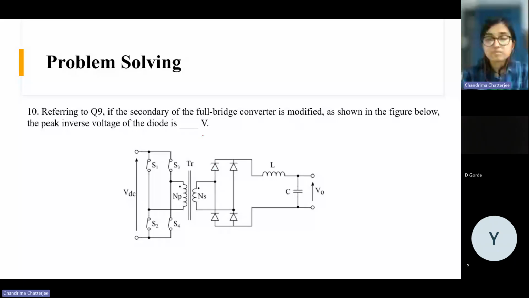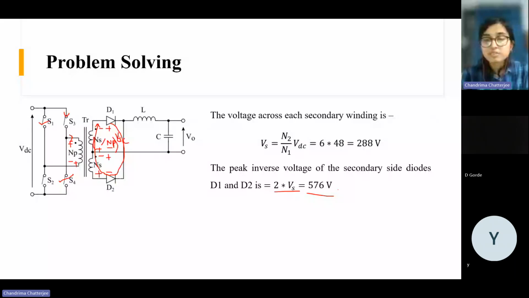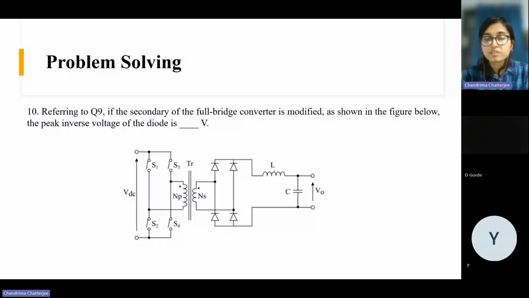So earlier we had a center tap configuration like this, but now we have a diode bridge. And here we have one single winding instead of two windings. So now what will be the peak inverse voltage for any of these diodes? So you can understand now. Suppose the diodes will conduct like either these two diodes or these two diodes. So suppose these two diodes are